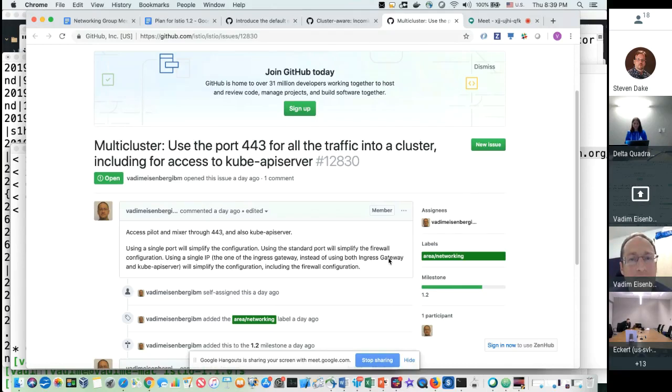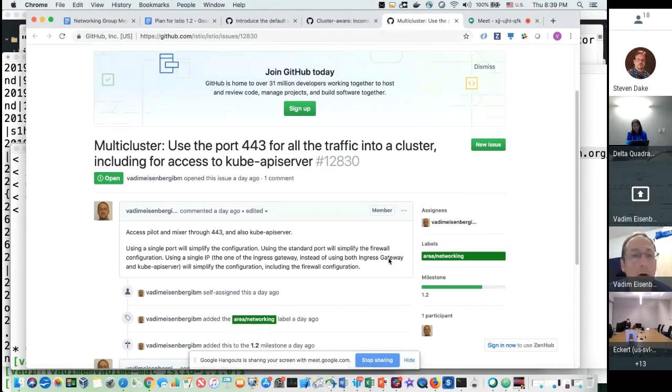Everything else is super, the API server in particular. I'm right there with you, Costin. I think that makes perfect sense. Overloading everything onto 443 for some operators is going to be a problem. And for others, it's required because there are cases where they cannot open other ports, or it's difficult, or they have firewall rules that prevent access. So both of them are super valid in some use cases. We cannot have only one, so we need both, basically.